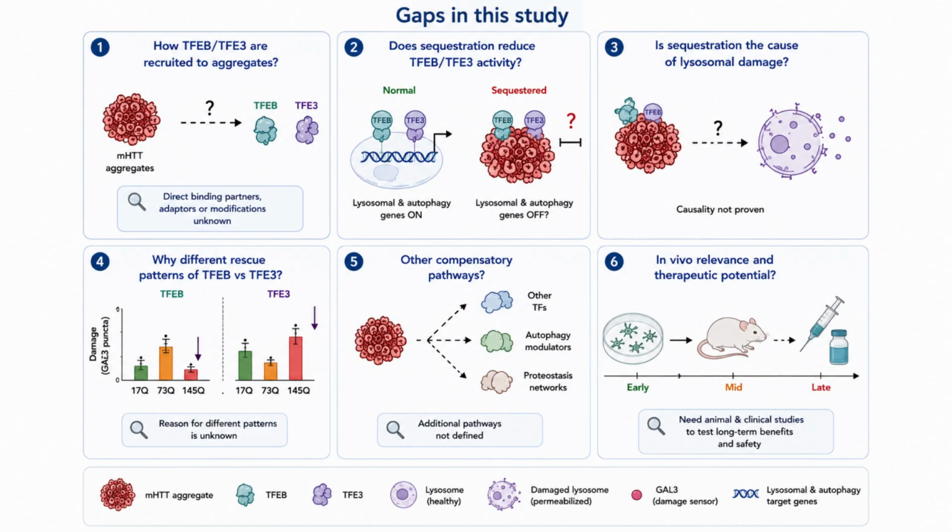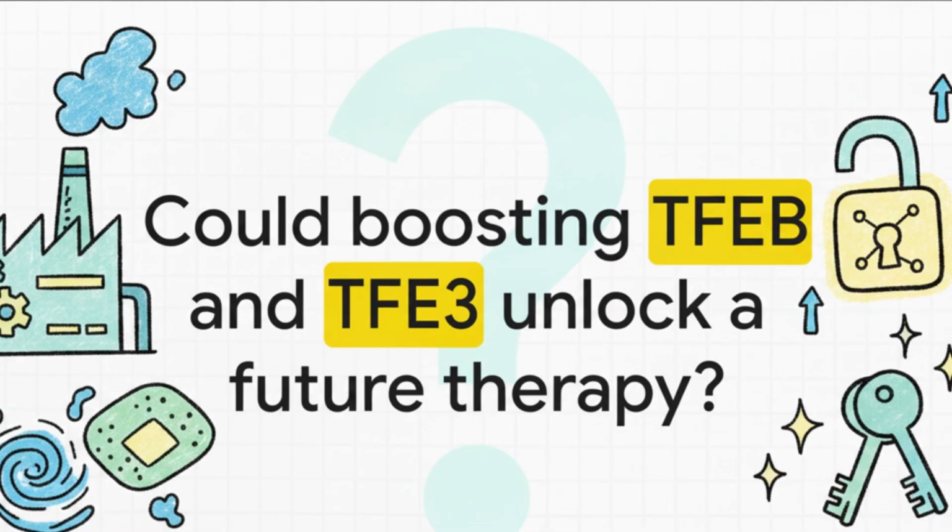So the crucial point we're left with today is this. We now understand the trap. We've seen the vicious cycle. But if restoring TFEB and TFE3 can patch the membranes and clear the toxic garbage in a petri dish, could designing drugs that specifically boost these exact factory managers be the master key to unlocking a future therapy for Huntington's disease patients? It's a highly provocative question, and one that leaves us incredibly hopeful for the next phase of